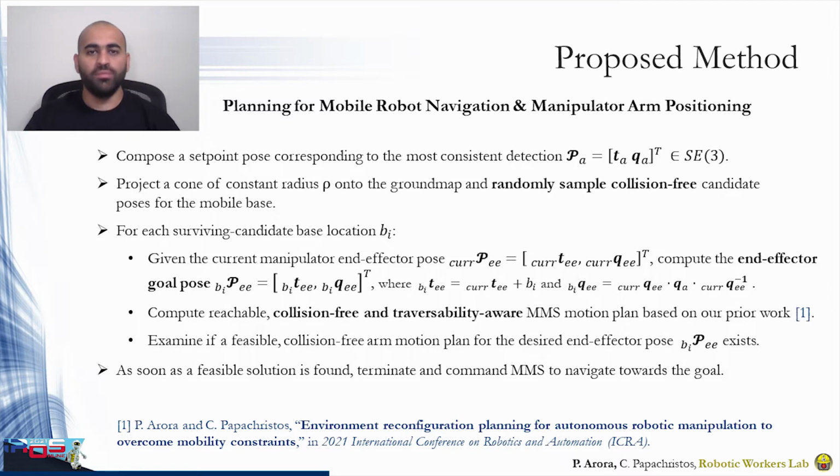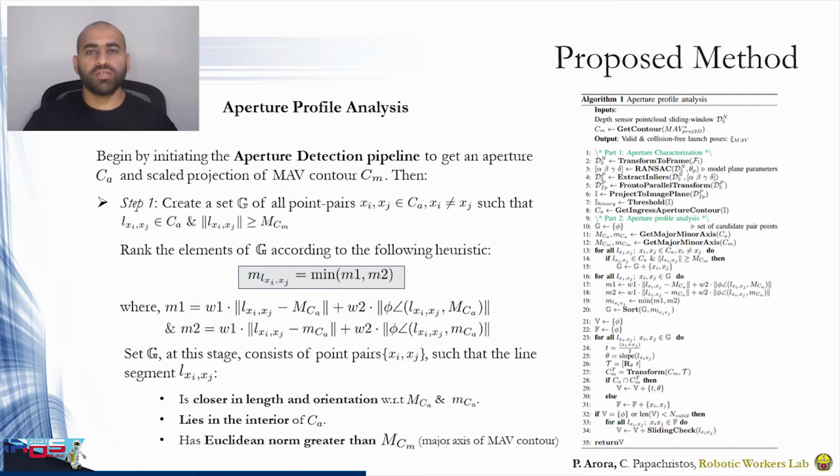This part initiates as soon as the MMS reaches the goal and the aperture is in the field of view of the eye-in-hand mounted sensor. The previously described aperture detection pipeline is leveraged to detect the characterized aperture from a closer viewpoint now and to acquire a high-resolution aperture contour CA as well as a scaled MAV contour CM. We proceed to perform an exhaustive search to compute a configuration of the MAV contour that fully lies in the interior of the aperture contour. Initially, we create a set G of all possible point pairs belonging to the aperture contour